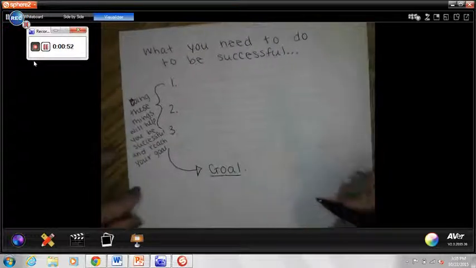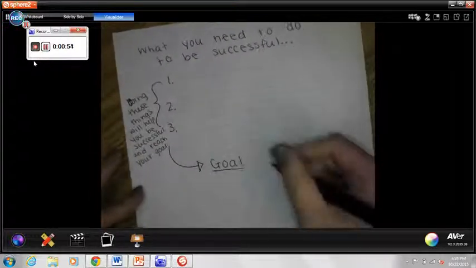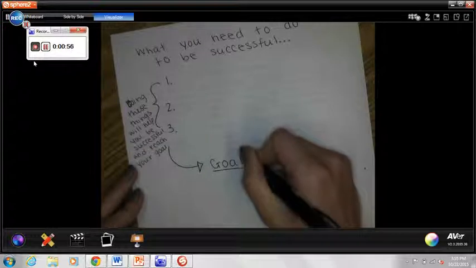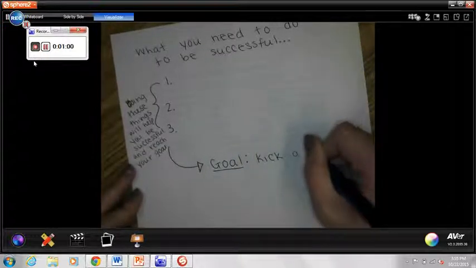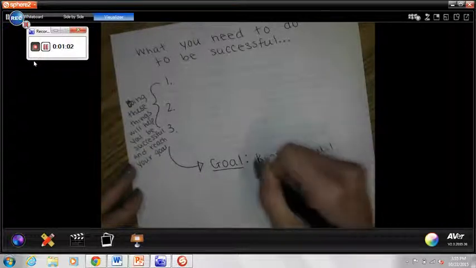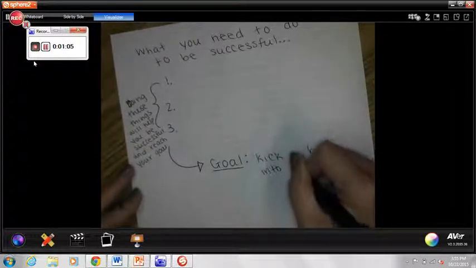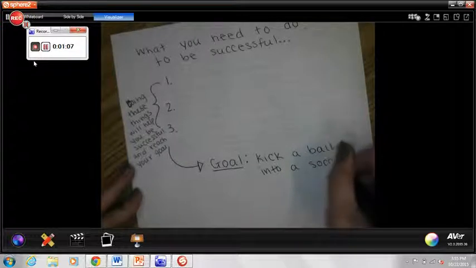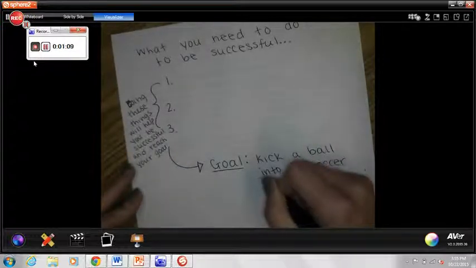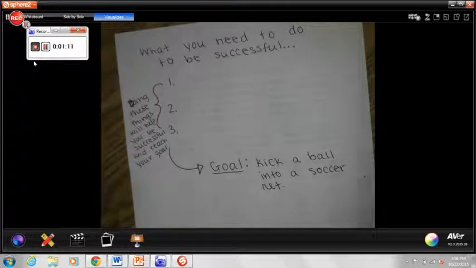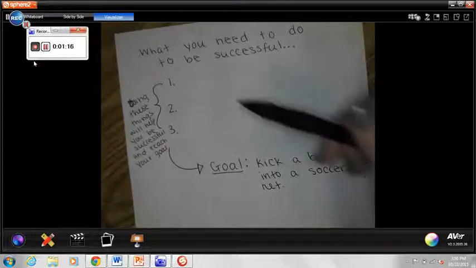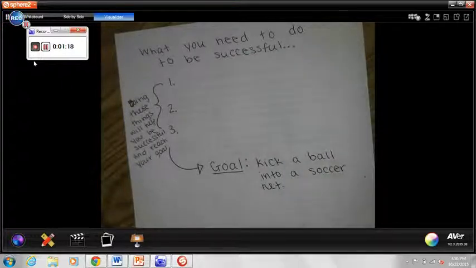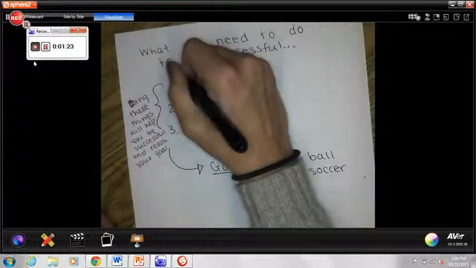Now, we talked about in class the goal of being able to kick a ball. So I'm going to say the goal is to kick a ball into a soccer net or soccer goal, whatever you want to call it. Okay, so that's your goal. Now, what do you need to do to accomplish that goal? So I know that I'm going to have to bend my knees,